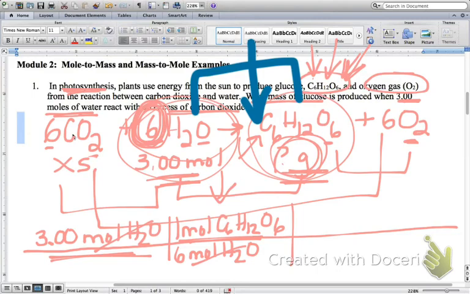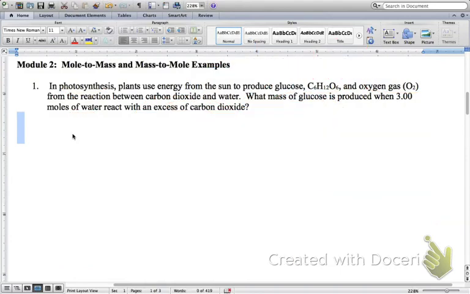But before I can continue, I need the molar mass of the glucose. So, like I was saying, I need to erase a little bit here so that I can do a molar mass problem. We're going to clear the slide. We've got to do the molar mass of